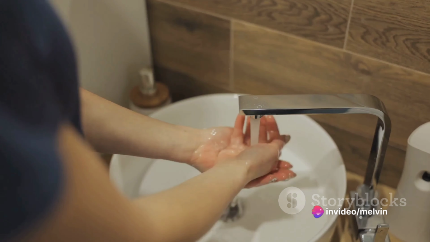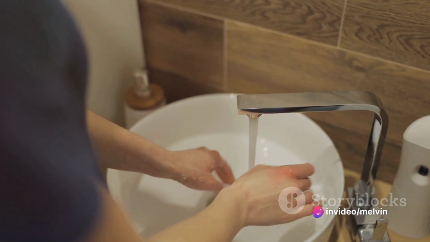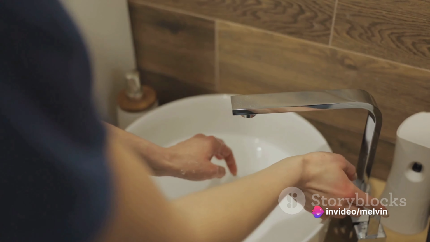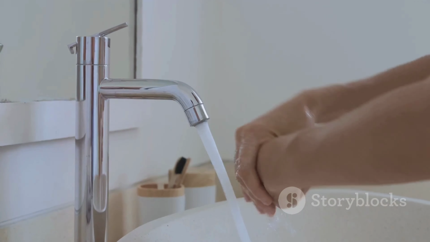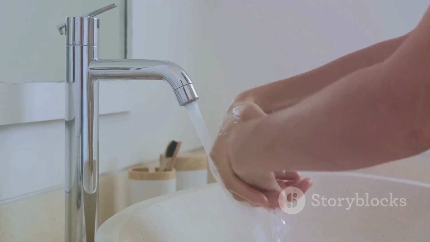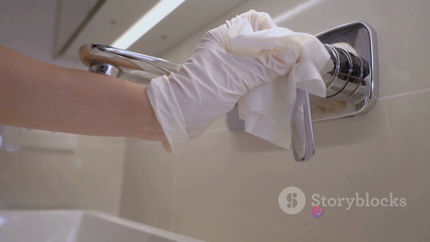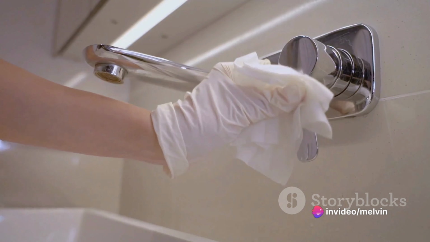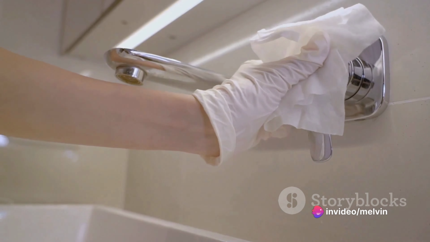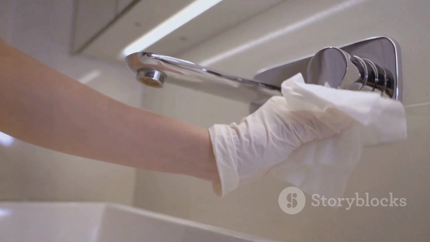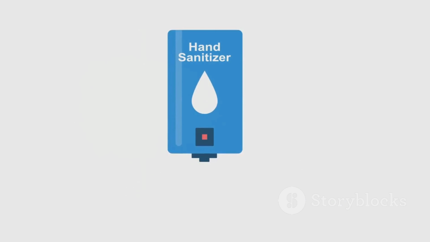Follow this with rotational rubbing backwards and forwards with the clasped fingers of your right hand in your left palm and vice versa. Rinse your hands thoroughly under running water. Dry your hands completely with a clean single-use towel and then use the towel to turn off the faucet, thus preventing recontamination of your hands. On the other hand, if you're using an alcohol-based hand rub, apply a palmful of the